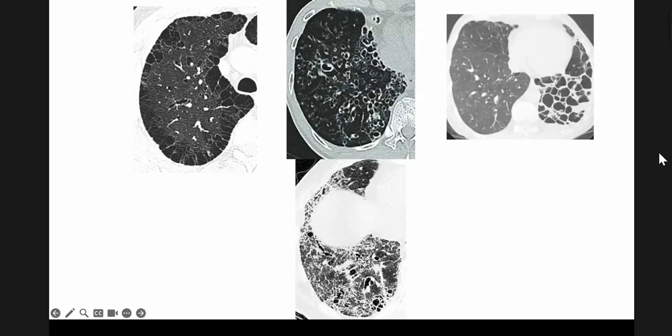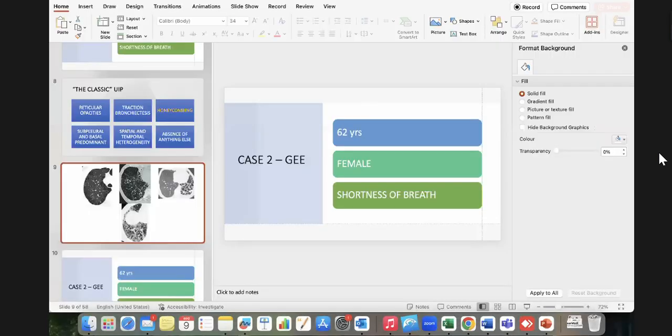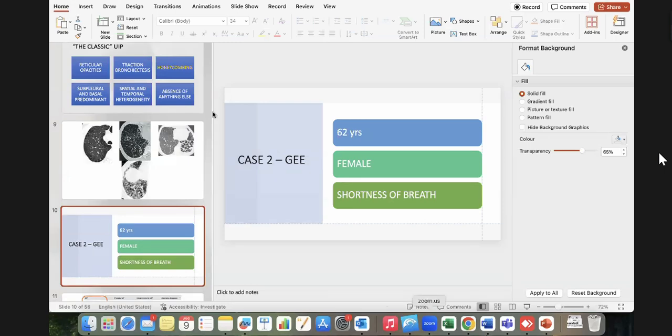shows traction bronchiectasis. You see reticular opacities, very dirty, and honeycombing. Honeycombing is basically cystic structures placed peripherally which are in 2 to 3 layers, more than 2 layers. That is when we call that honeycombing. So for junior colleagues, first year residents, it is very important to differentiate between emphysema, cystic bronchiectasis, and honeycombing. Next case, if I show you,